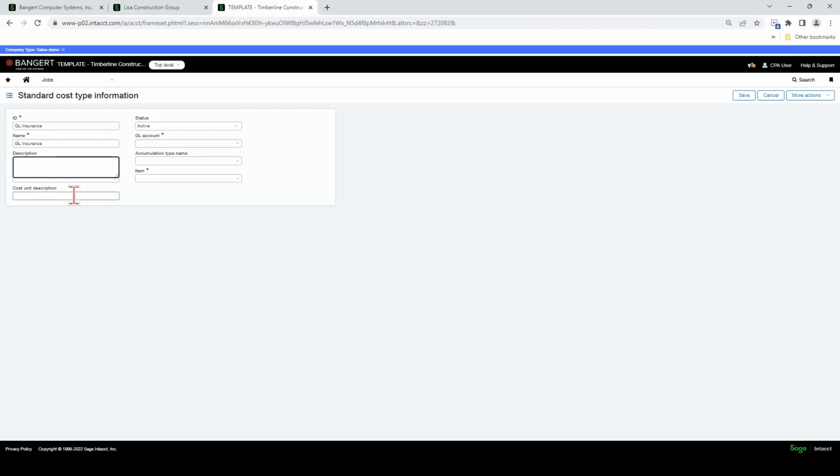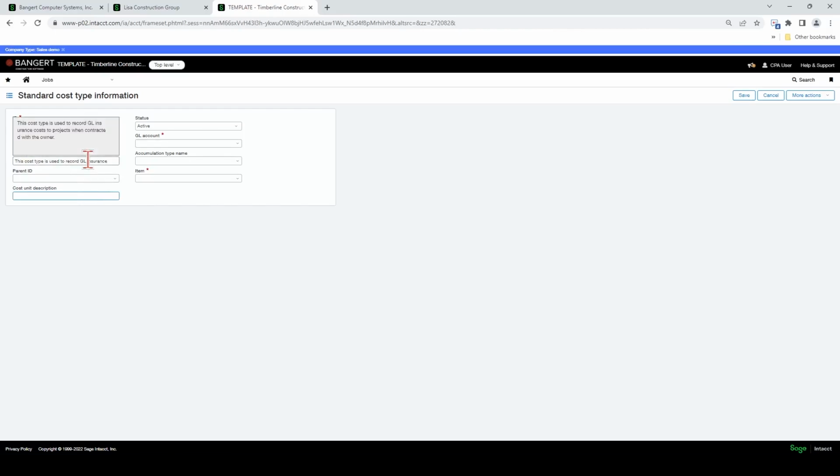Something people might do here would be: this cost type is used to record GL insurance costs to projects when contracted. Something like that can be used for a description as an example.